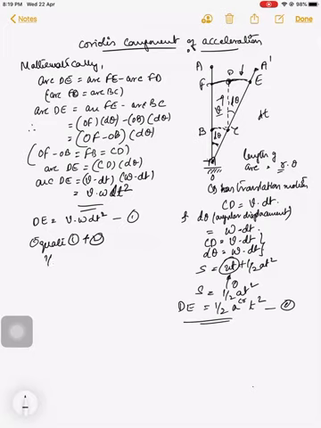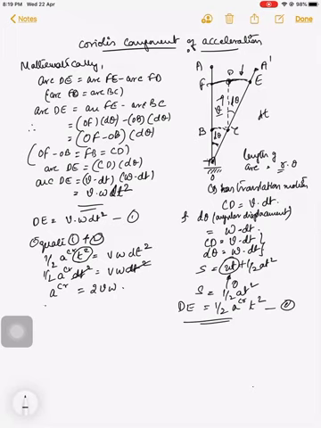So half at square is equal to v omega dt square. So t here is small time dt again. So half A CR dt square is equal to v omega dt square. So dt square gets cancelled. Now the value of the Coriolis component of acceleration A CR is equal to 2v omega. So whenever you need to find out the Coriolis component of acceleration, this formula will be used.